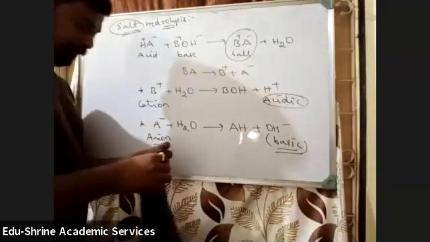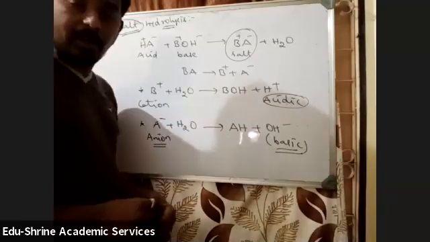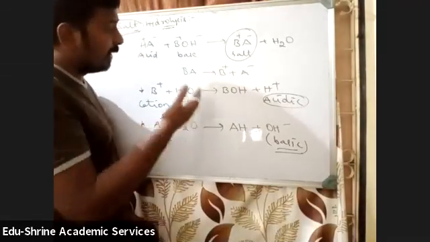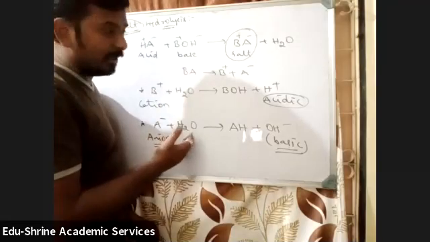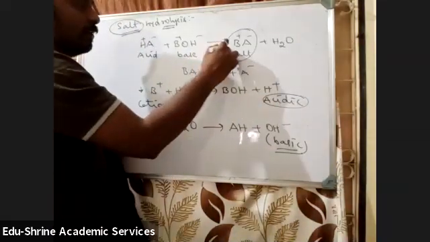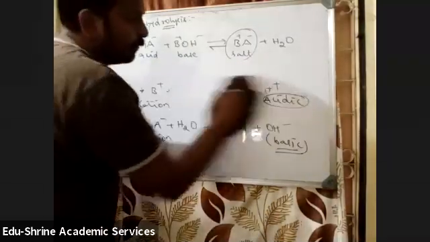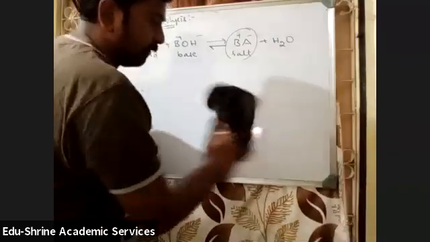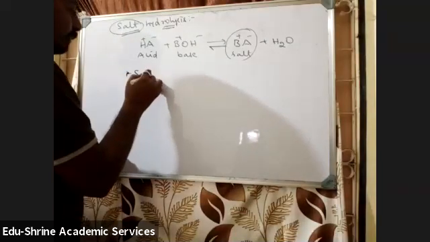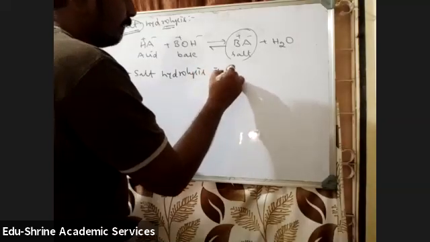Okay, now see here, students. So this is one part. Cationic hydrolysis will give an acidic solution. Anionic hydrolysis will give a basic solution. But what is happening during salt hydrolysis? The salt is undergoing hydrolysis to produce acid and base only. That means, can I tell that salt hydrolysis is the reverse of neutralization? Okay, so write down this point. Salt hydrolysis is nothing but the reverse of neutralization.